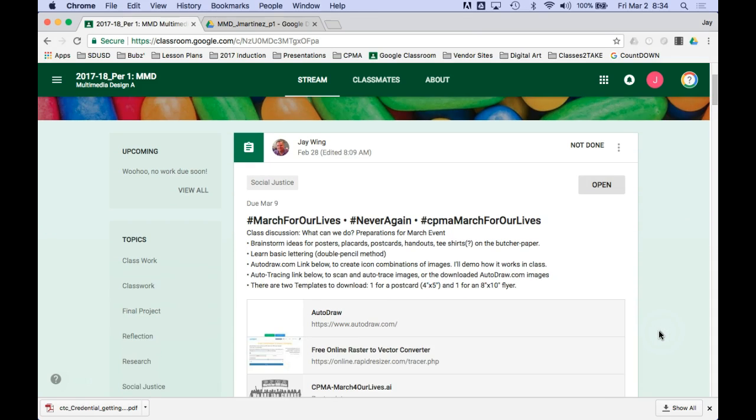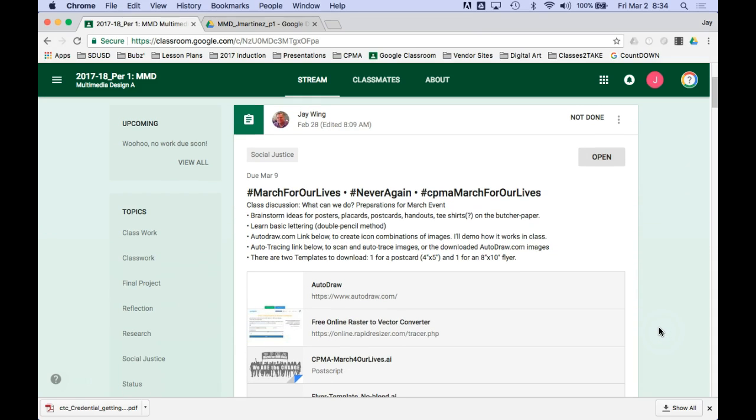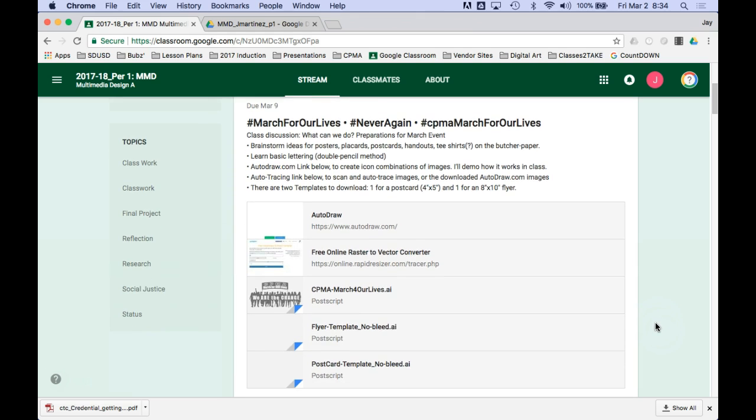Okay, so for your flyer and your postcard, we're going to take the information from the butcher paper. You're going to draw some ideas from the butcher paper this morning into your folder, your sketch folder. And then you're going to come into this classroom, and if you want to play around with AutoDraw, here's how